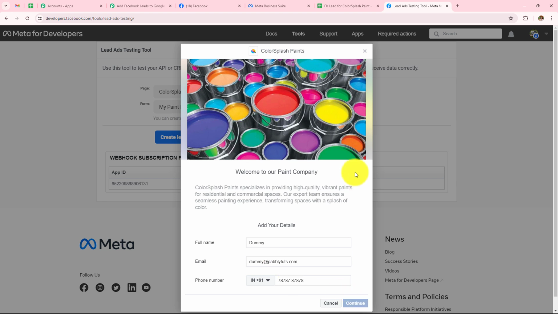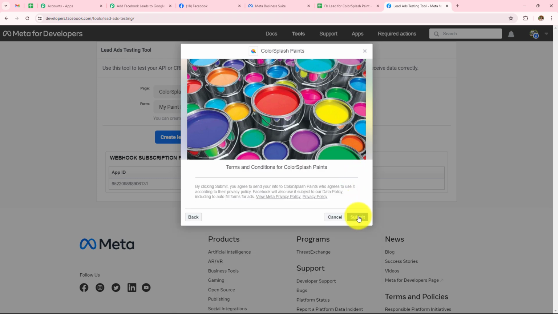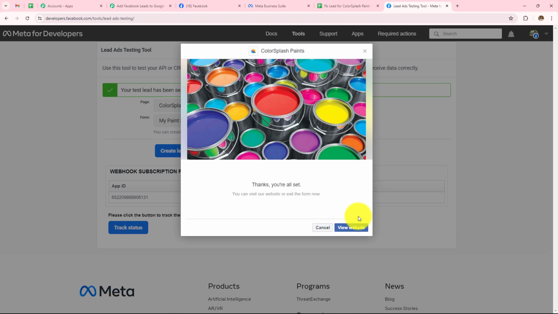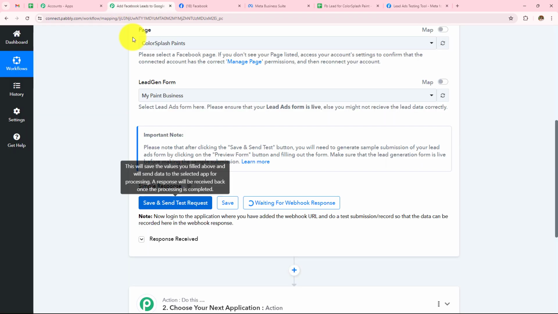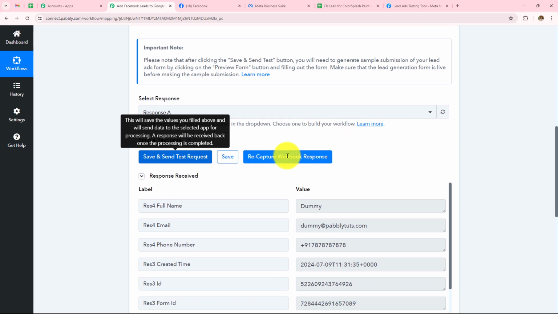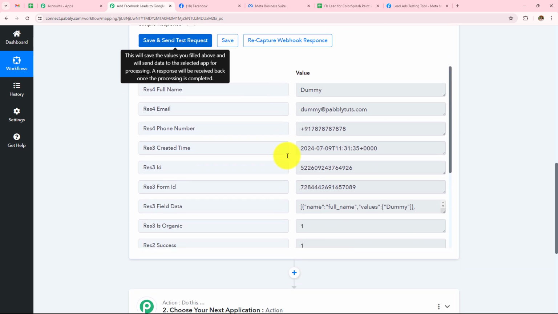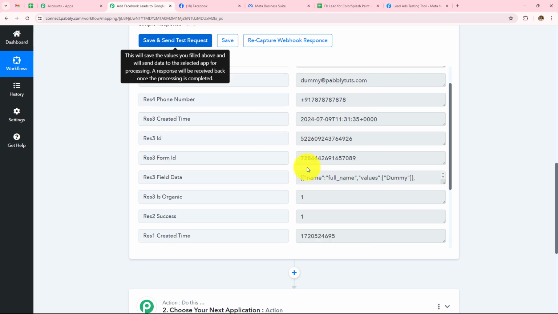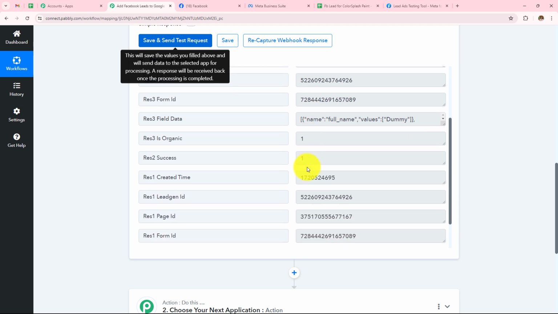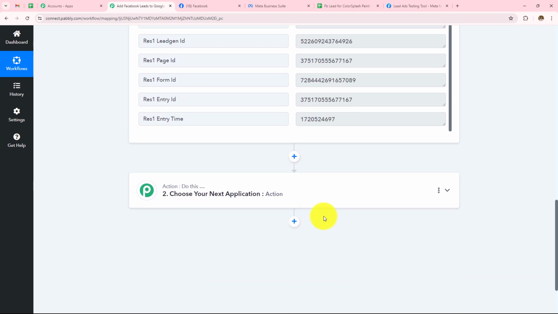Click on Continue and click on Submit. Let's go to Pabbly and check whether this response is received or not. We have successfully received the response by the name Dummy. Email is dummy@pabblytudes.com with the same phone number. So Pabbly is successfully connected with Facebook Lead Ads, and next we need to select our action application, which is